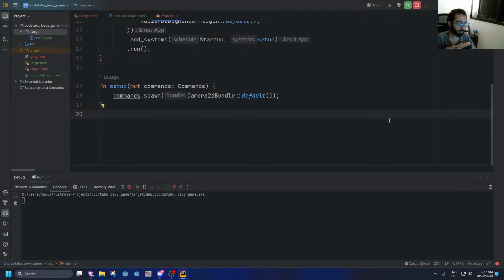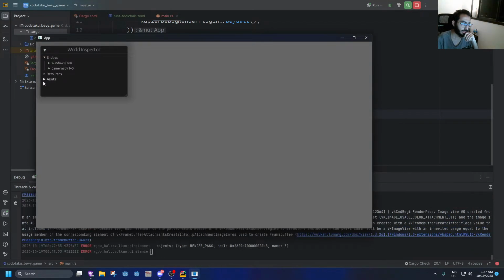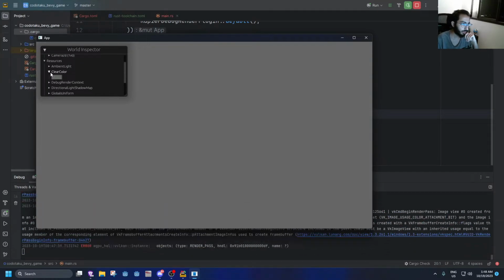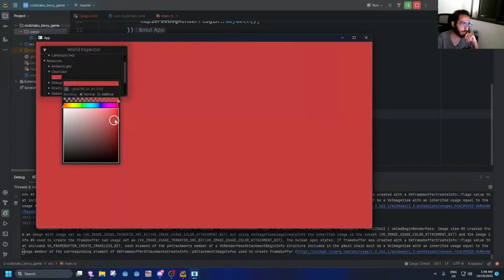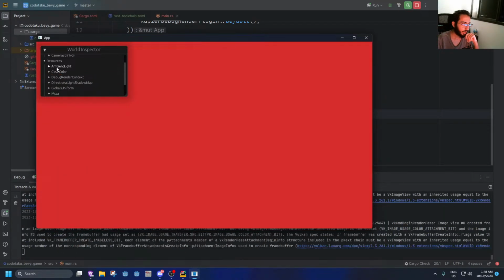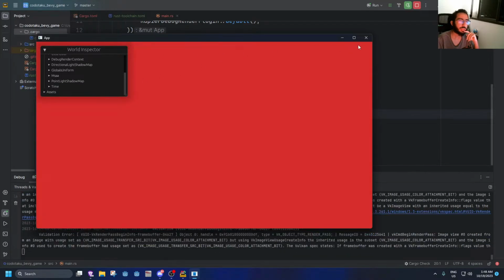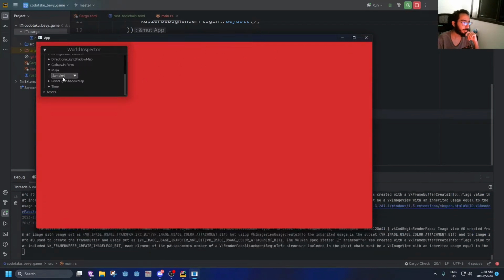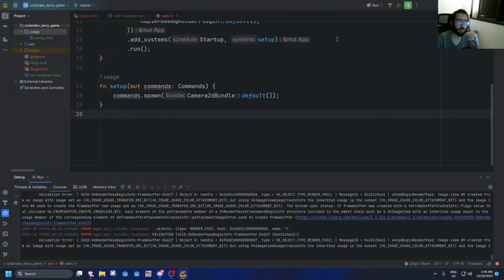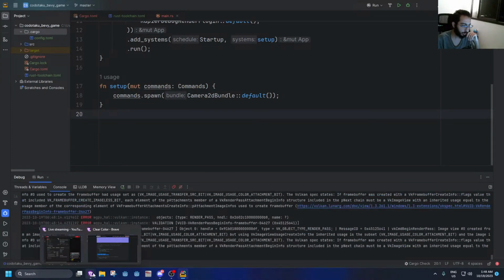Yeah, it pretty much takes around 10 to 15 seconds. Okay, so right now we got a camera. Let's try to change the clear color, for example. And there you go, it actually works. Lovely. Amazing. And yeah, pretty much. So now the question is what kind of game or what kind of application you want to make. All right, so some people actually suggested to me in the Bevy server